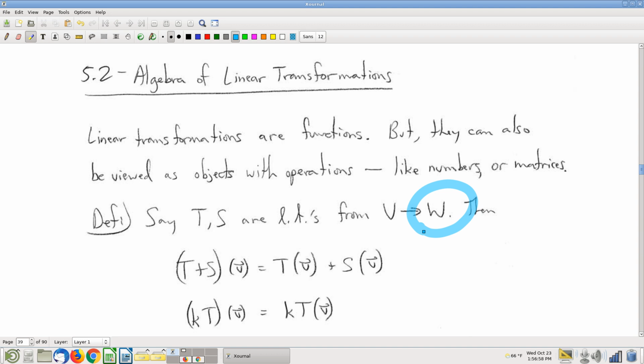In a vector space, you can add vectors. You can multiply vectors by scalars, but what we can't do is multiply vectors. That's not a thing in vector spaces, right? You can't talk about vector times vector. So if I would like to be able to multiply a linear transformation times another linear transformation, I'm going to